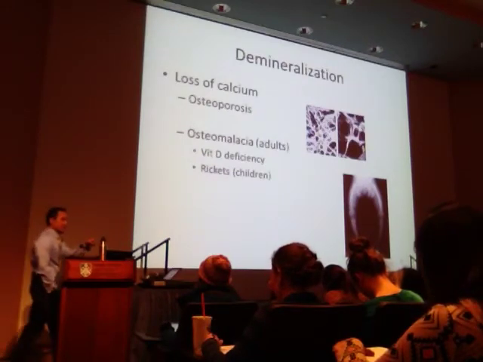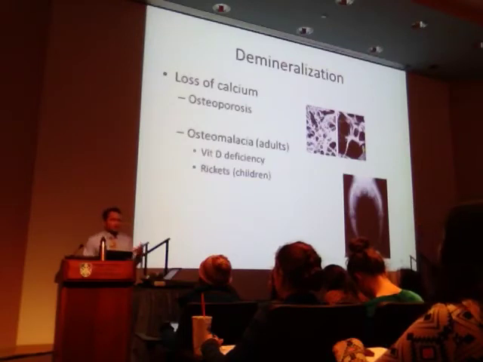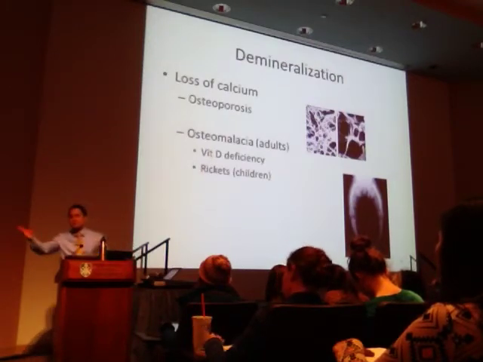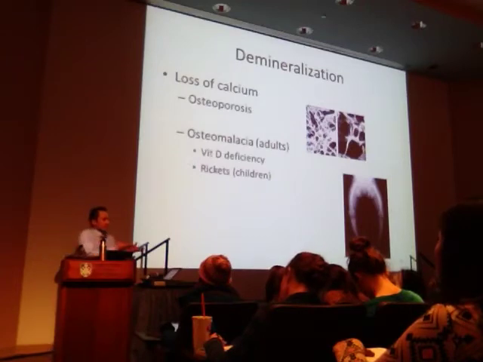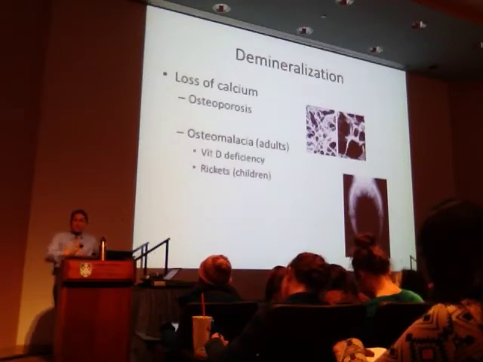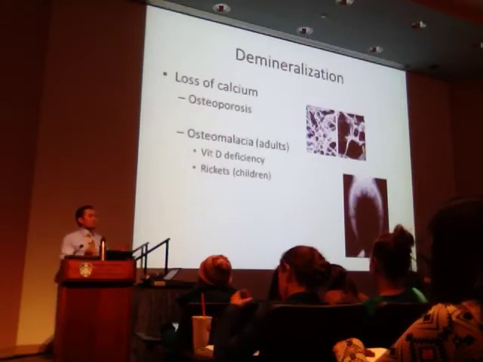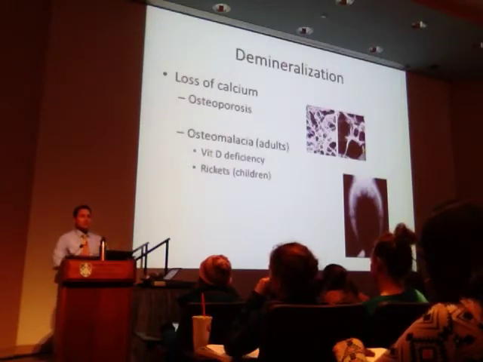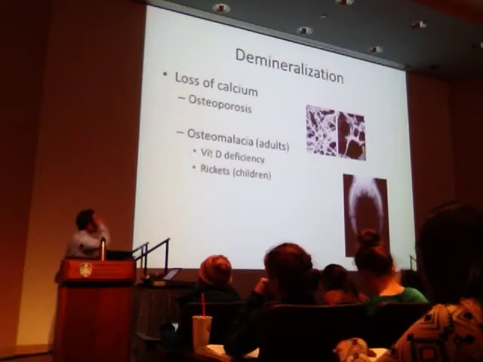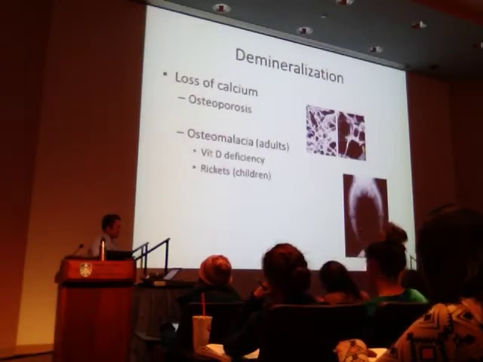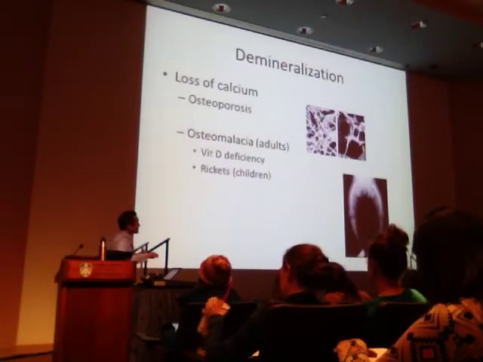And that activity of calcitriol, active form of vitamin D, prevents calcium from being excreted in the urine. It prevents calcium from being lost in fecal material. And it encourages your gut to absorb calcium out of your diet. So that's, again, why we purposefully put skin and bone together in this particular unit. So if you have these deficiencies in adults or in children, you can get some rather aggressive deformities, okay, as the bones grow.